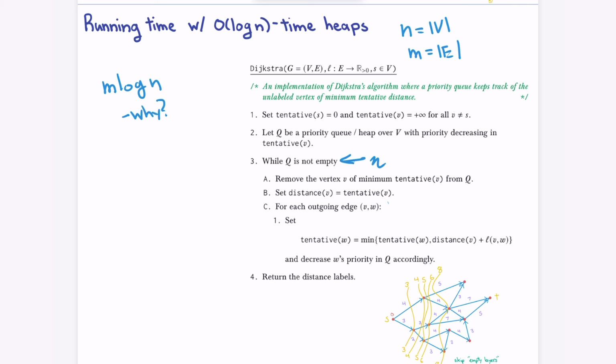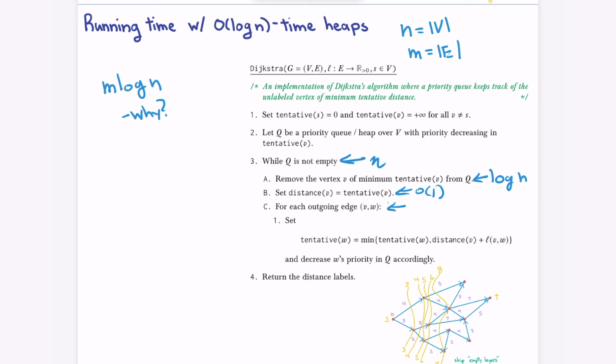Okay. All right, so there are three loops of the Q one, right? For the loop in line three, there are n iterations because each time you're pulling out a vertex. So that's n. This will take log n time to remove min, if we just assume log n for everything. And this is constant time. And then for each outgoing edge,